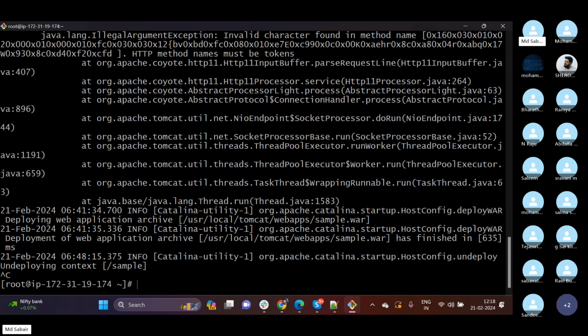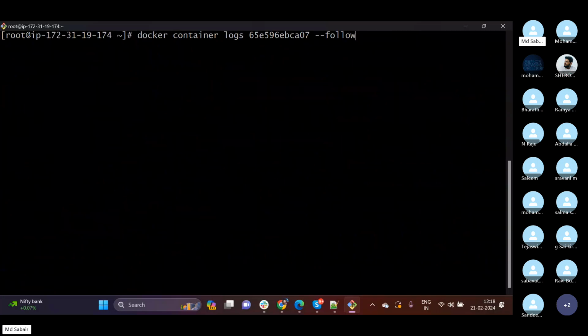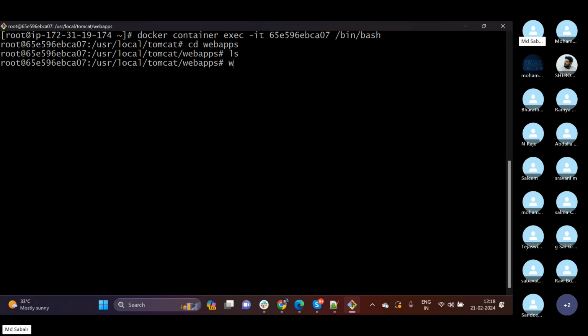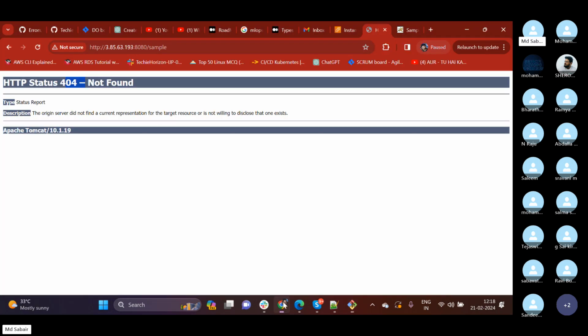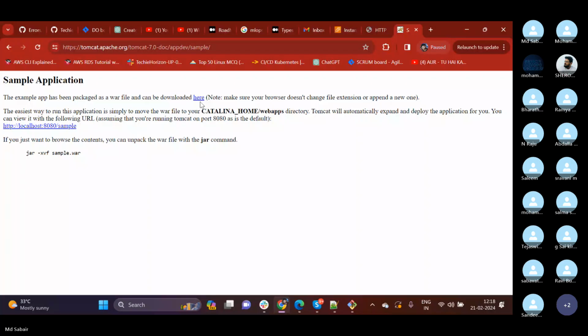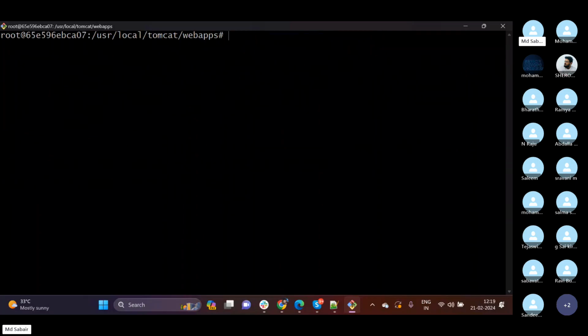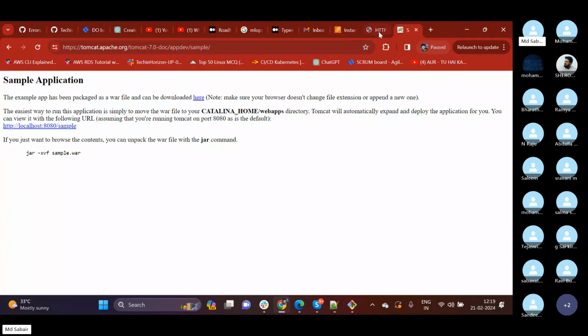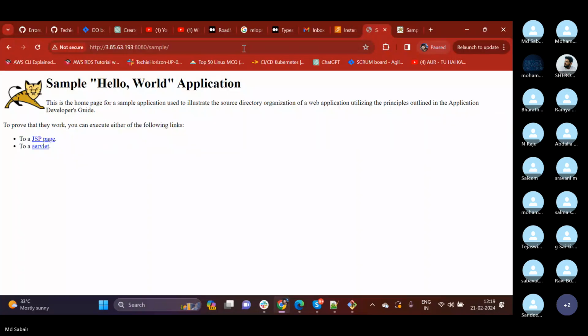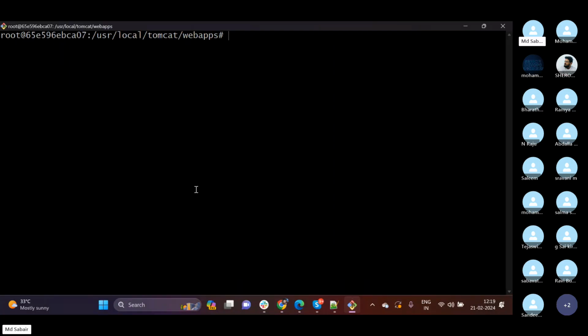So now let me again connect to the container. Let me again deploy one sample application. I have deployed one sample application. If I try to access it to cross-check, yes, my application is up and running. So all of a sudden we have seen that our container is not healthy and it failed, or someone else has deleted it. For example,